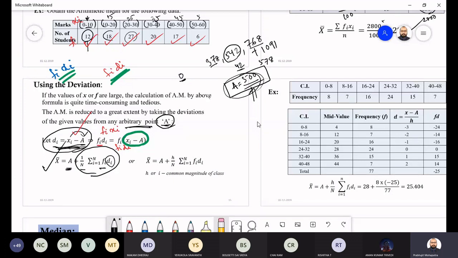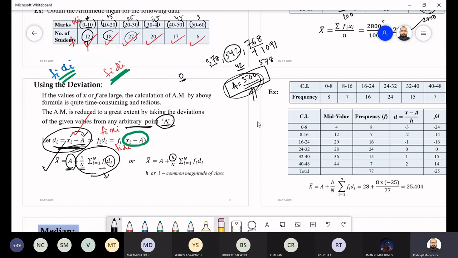After that, what do you have to do? You have to take the sum. You have to divide with the total number of observations. So you take the sum of fi di divided by n. This is nothing but average, but you have to take care of that point. So you have to add the a. Getting or not? And if you are having the class width, then you have to take care of that class width also, okay? Because class interval also matters there. How you can see,